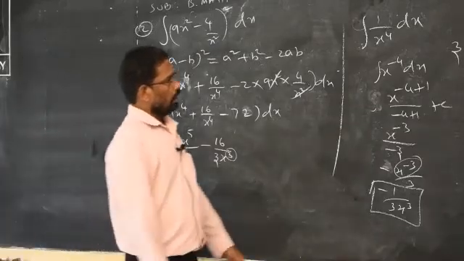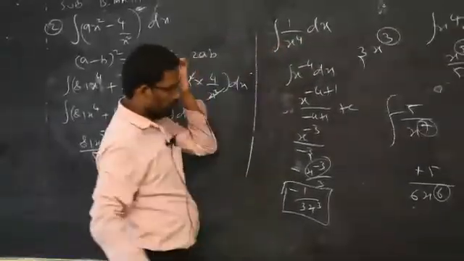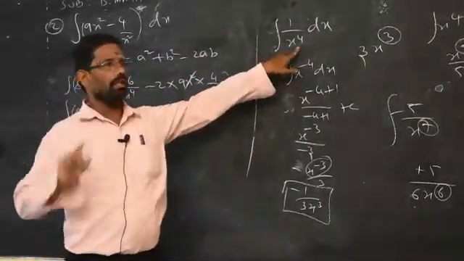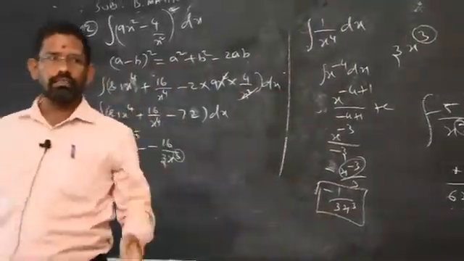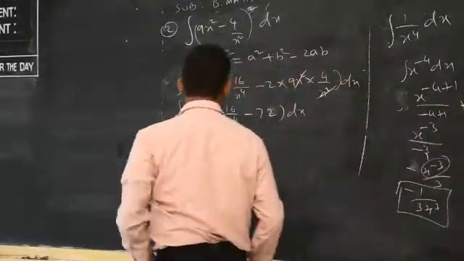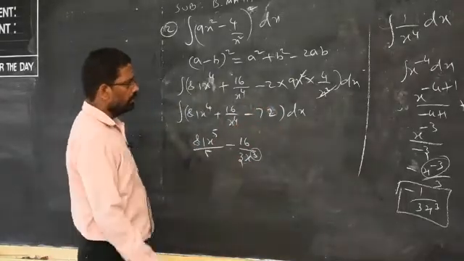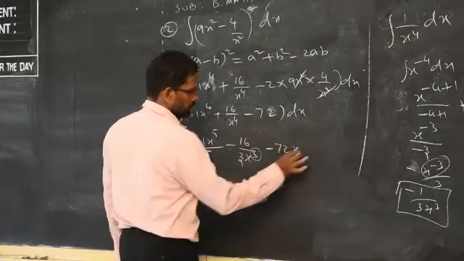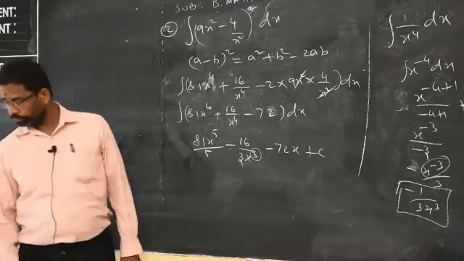Clear? No need to go through so many steps. Straight away, just keep it in your mind. When the variable is in the denominator, just reduce 1 from the power, that power should be a multiplier, then you change the integrand sign, plus will become minus and minus will become plus. Here it is plus, so plus will become minus. For the constant, I just did it now: whenever you integrate a constant, you get constant into x plus c. So this is the answer for question number 2.